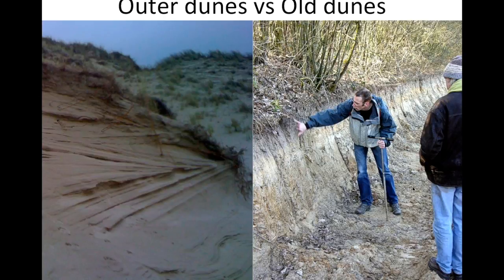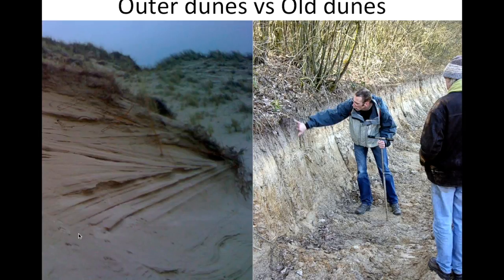Here is a guy looking at a soil. Of course, this is the outer dunes. This is the stable environment, and as you can see here, it's very dark. And then there is this, the dune sand. So there is topsoil here. The outer dunes, there is no topsoil here, and you can see beautifully the way the wind lays out these